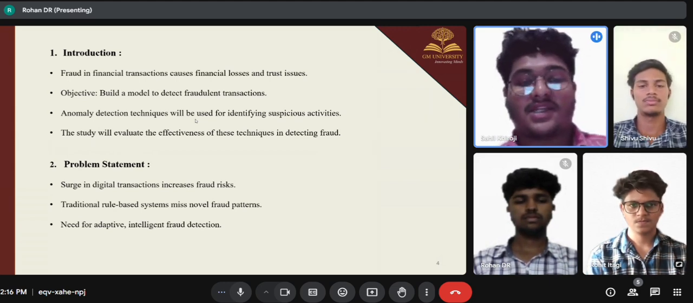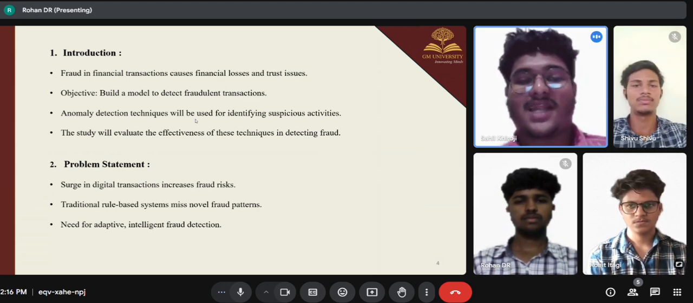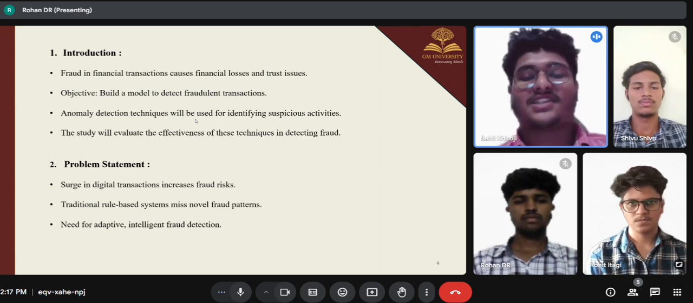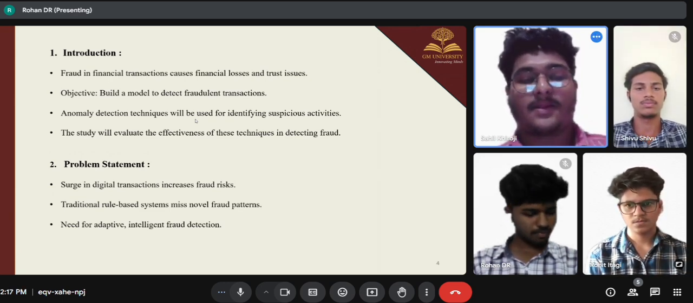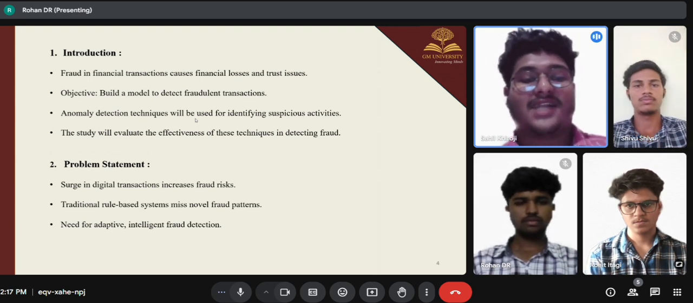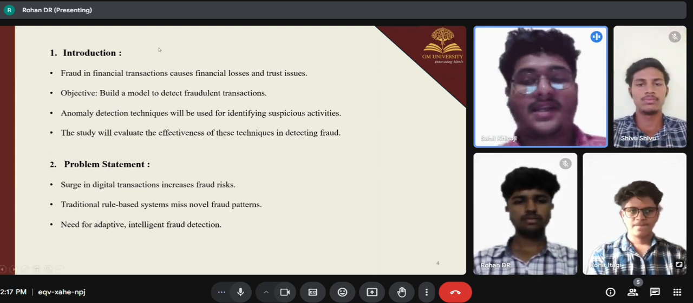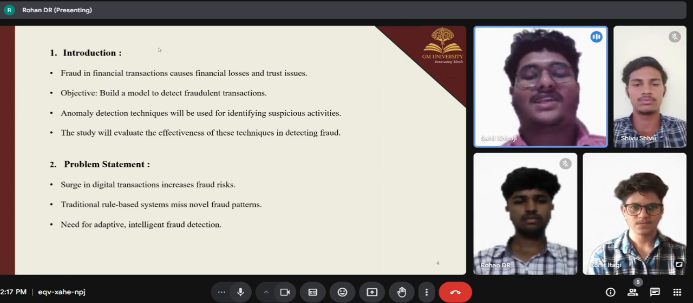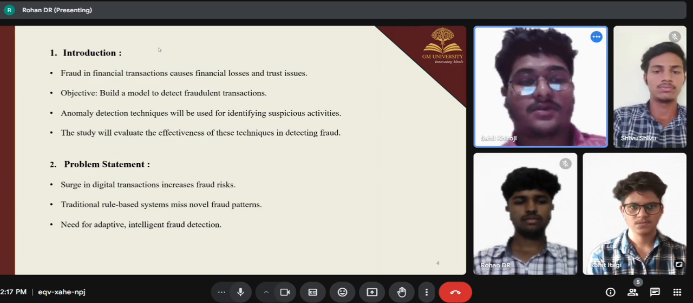Anomaly detection techniques will be used for identifying suspicious activities. We will use anomaly detection methods to catch unusual or suspicious activity. And in the next point, the study will evaluate the effectiveness of these techniques in detecting fraud. Finally, we will test how well these techniques work in identifying fraud. And in the next page,